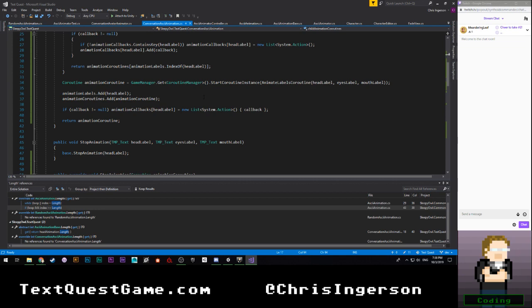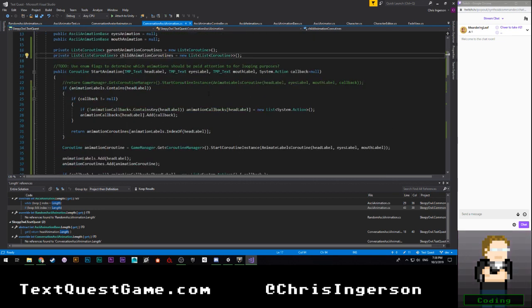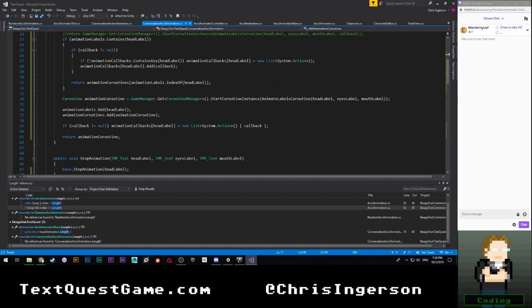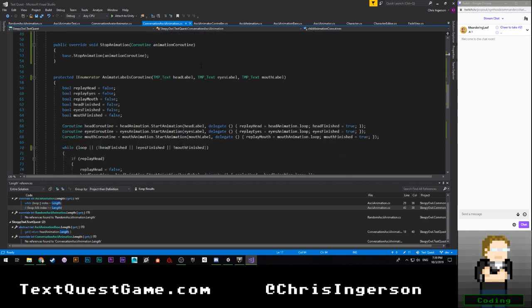Oh man, that sucks so hard. I need to associate this coroutine with child coroutines, but I can't do that because I need to pass that coroutine into this coroutine that is itself. Oh boy. Things just got so complicated.